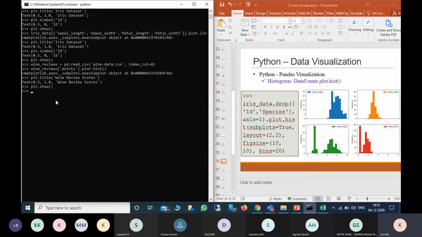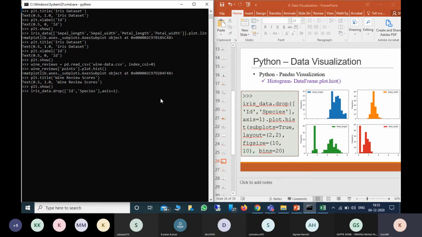So I'm using iris data dot drop, similar to the previous one, dropping the ID and spaces along with axis equals 1. This means we are removing the columns ID and spaces, or you can select as I mentioned earlier, iris data of sepal length, sepal width, petal length, petal width. Any one, your choice.